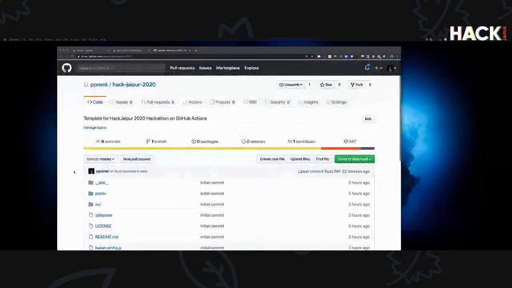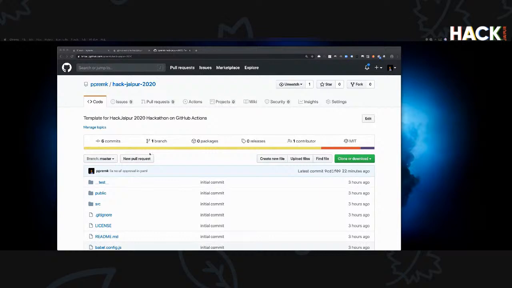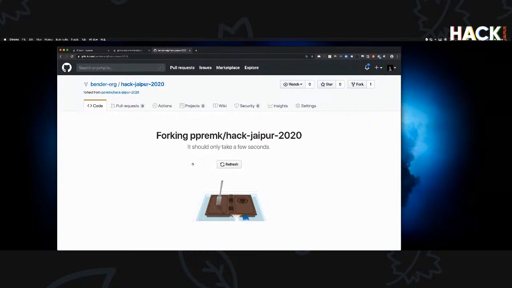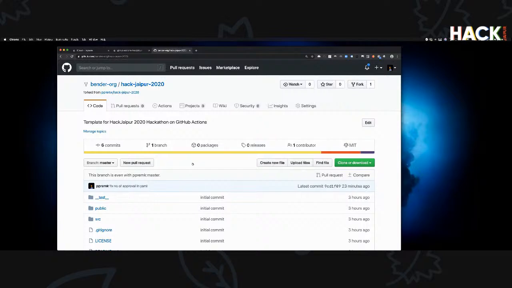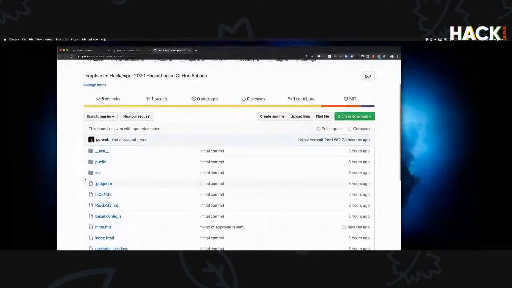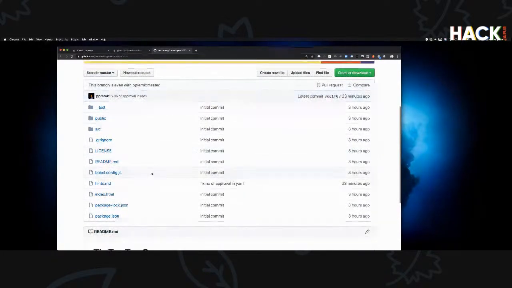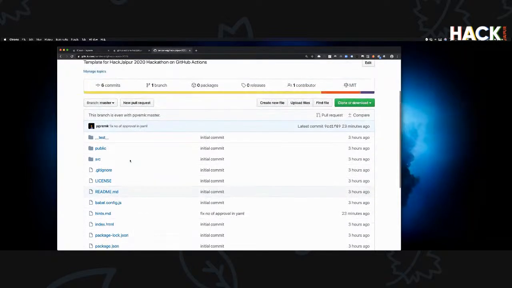What's going to happen is in this repository, this is a template. I'm going to fork this repository into an organization, right? So if you folks are following along, you could fork this repository into your own GitHub account, and then you can follow along with the instructions, right? This is a repository which is basically representing a tic-tac-toe game. And what I'm going to do is include a GitHub action, meaning I want to consume an available GitHub action. All right. And since this is a Node.js application, what I'm going to do is,